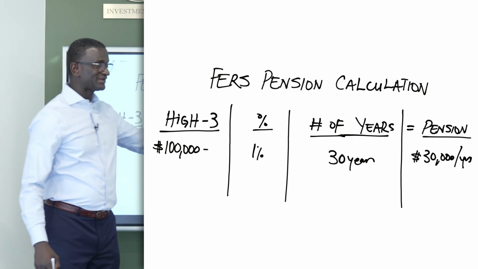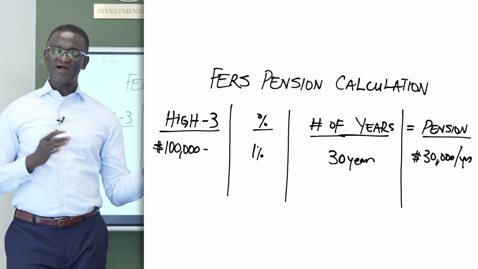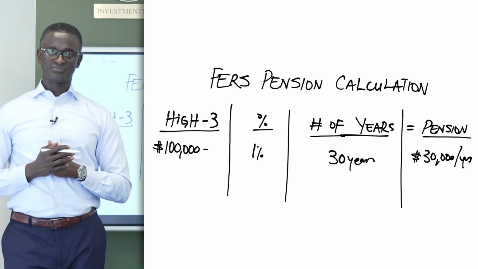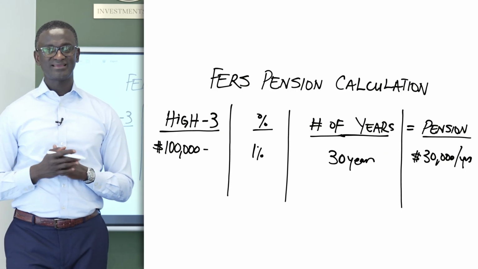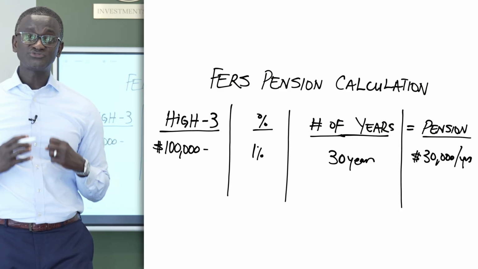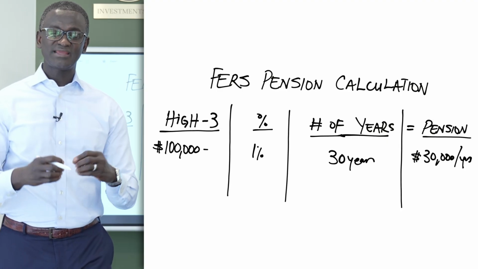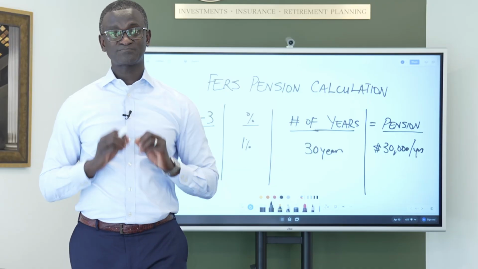Nice salary over here, and I always talk to federal government employees about this, and I say, look, regardless of how much you have in a pension, whether it's $30,000, $40,000, $60,000, guess what? That's a protected income. That income is going to come to you every single year for the rest of your life. You're not going to be able to outlive this. That is profound.